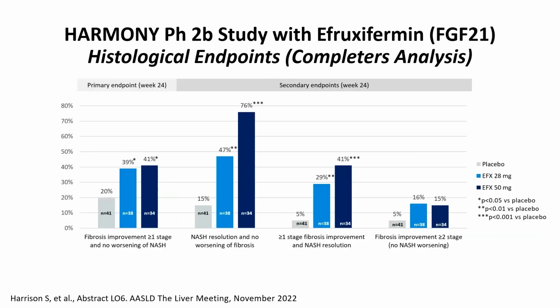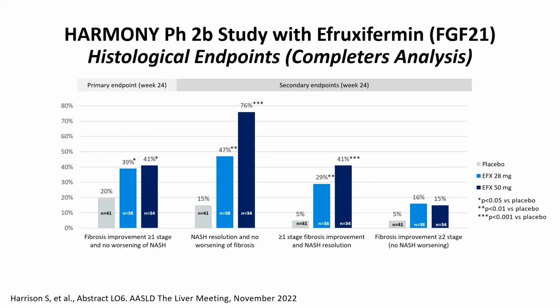This is the highest NASH resolution rate we've seen in any clinical trial so far. And this was after only 24 weeks of treatment. So we actually did 2 biopsies within 6 months, and we were able to show fibrosis regression in 41%, NASH resolution in 76%, and then 41% of patients were able to achieve both NASH resolution and fibrosis improvement, and about